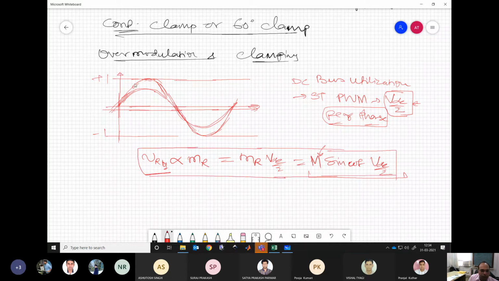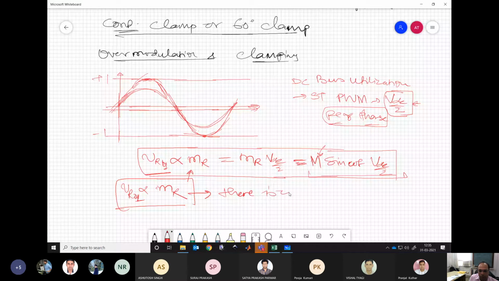It does not mean that if you increase, we will start getting some lesser amount of fundamental. The meaning is, until this point you have comparison with the carrier. So you are sure what you are sending in MR and what you are getting in the output. These two are related, as long as there is comparison. You are getting my point?